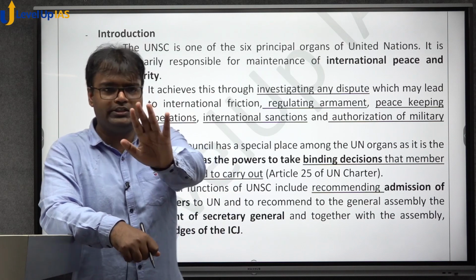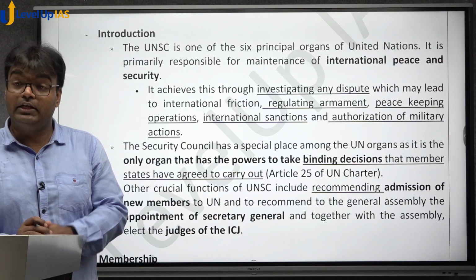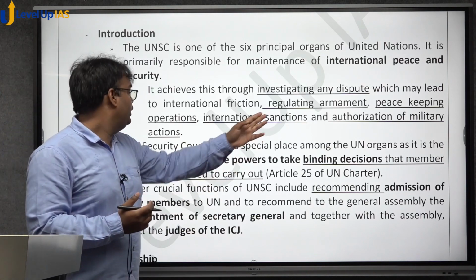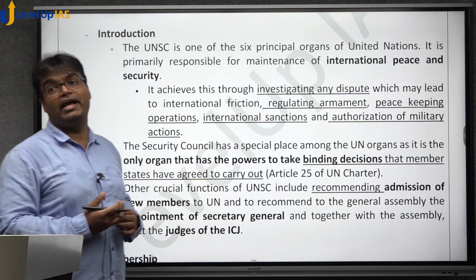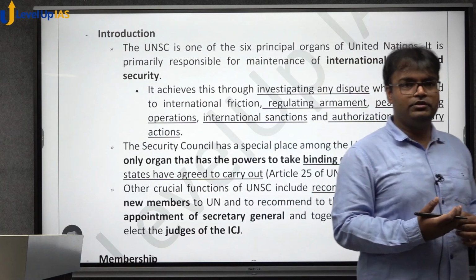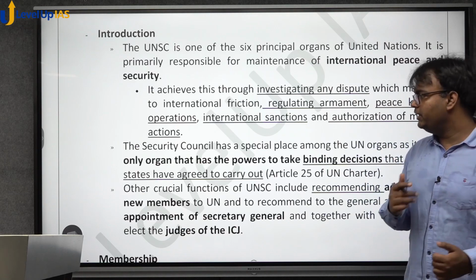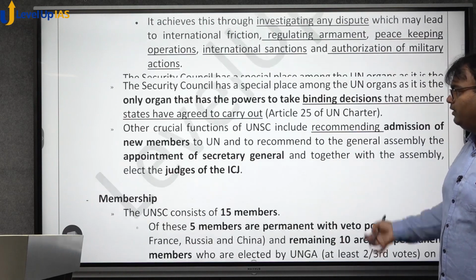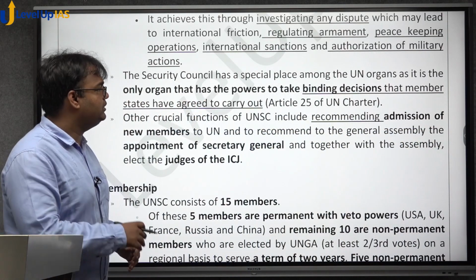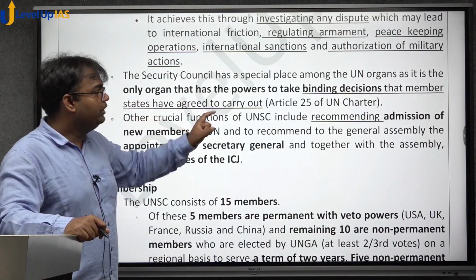We would study sanctions in more detail, but international sanctions are another mechanism by which it takes steps to ensure peace, and then it may also authorize military action. In the end, it may authorize military action to ensure peace. These are the different ways in which UNSC can do that. Now, the primary purpose is this, but other than this, you would also see other crucial functions of UNSC include recommending